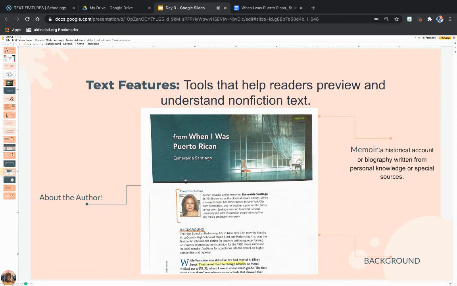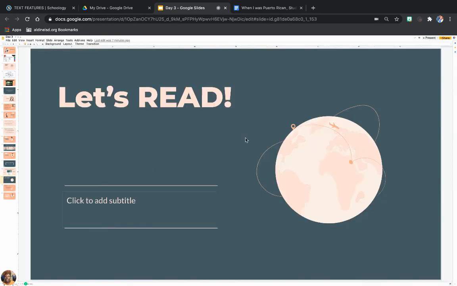So right there, I'm thinking Esmeralda has to be getting ready to tell me something about the school, maybe how she got into the school, because they would not tell us the background of that information if it wasn't going to make sense when I read the story. So with that information, let's read.